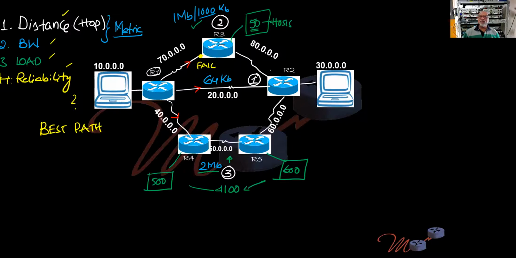If there is a diagram like this, where there are 5 routers, we can still calculate by giving weightages. I'll give some percentage to this, something to this, like that. See overall which is the best path. But in an internet environment, there will be hundreds of routers, thousands of routers. So in that case, which is the best path? You cannot decide it.